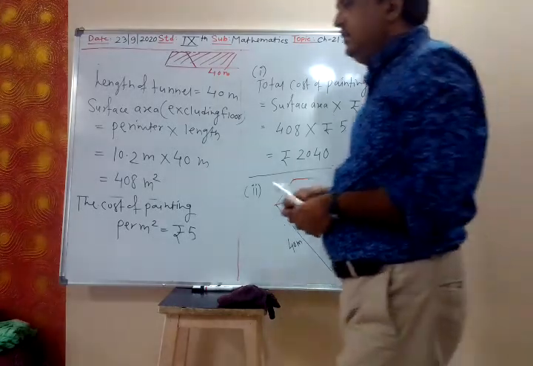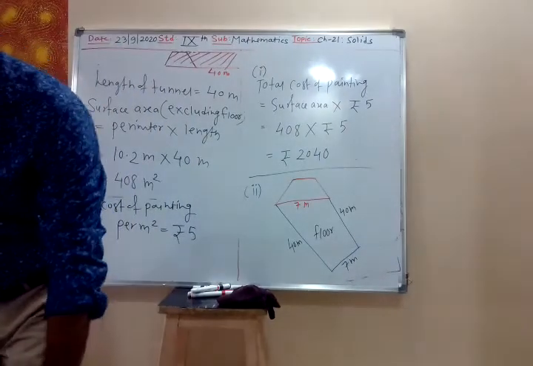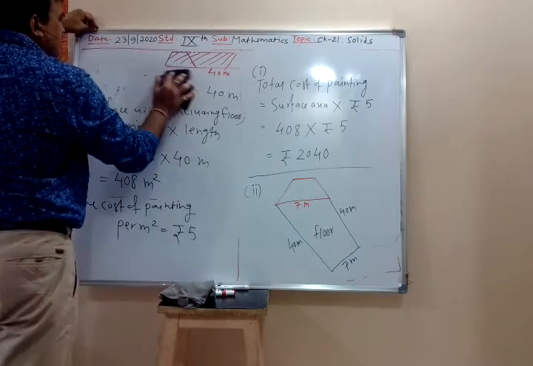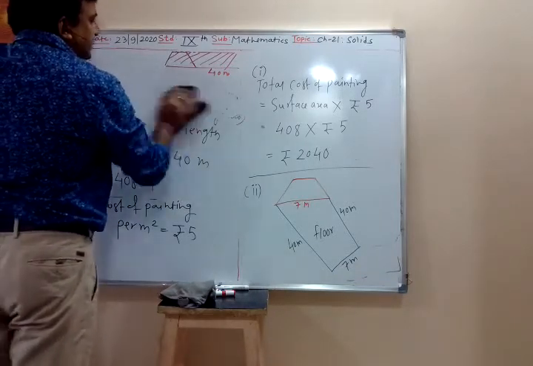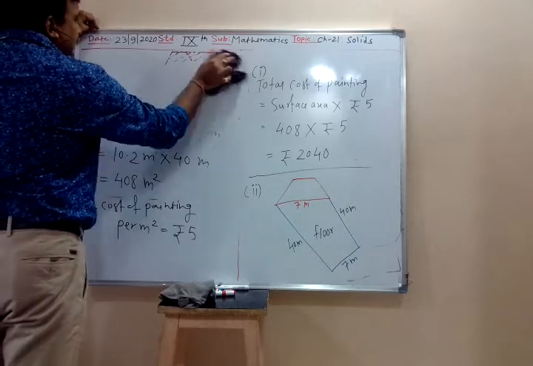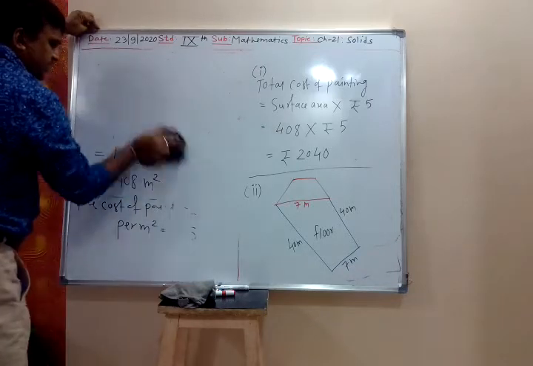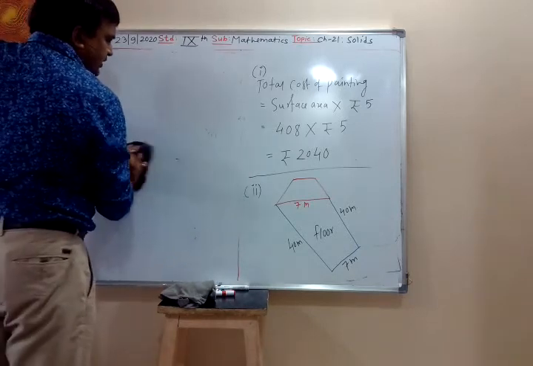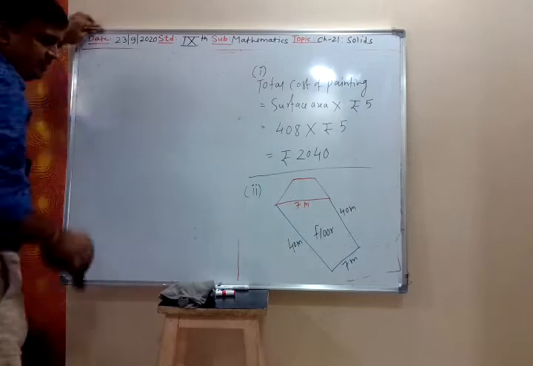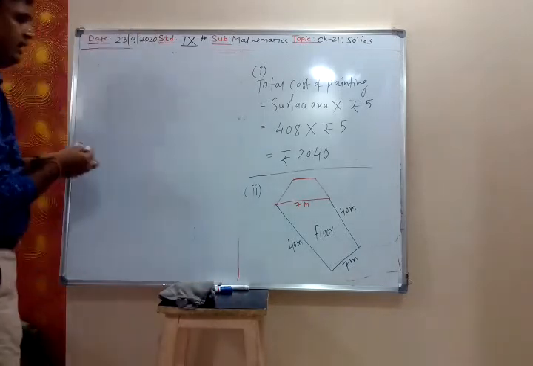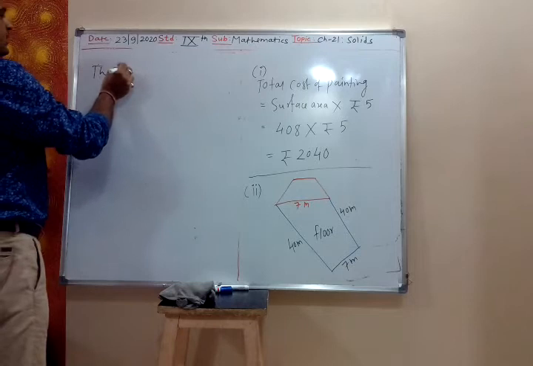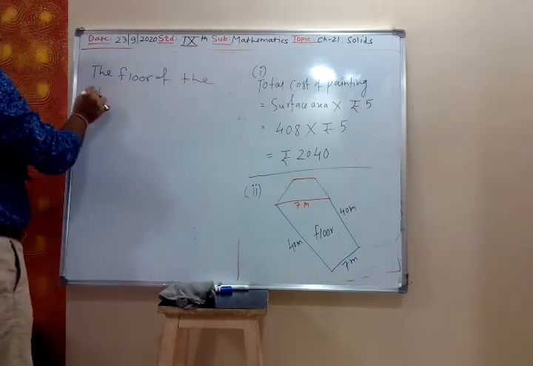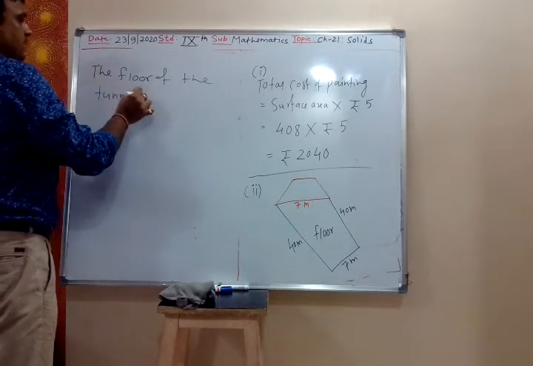So now we find. See here, the floor of the tunnel. First you listen. The floor of the tunnel is rectangular shape. So we write: the floor of the tunnel is rectangular shape,